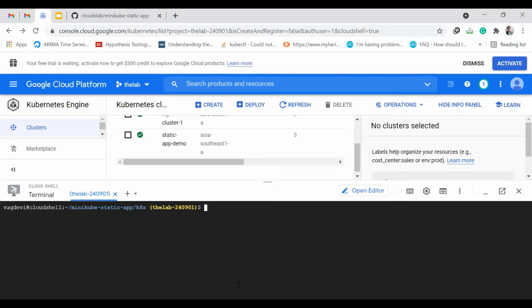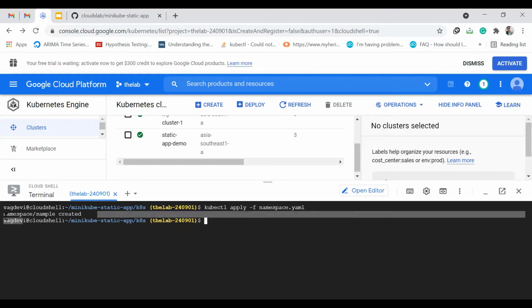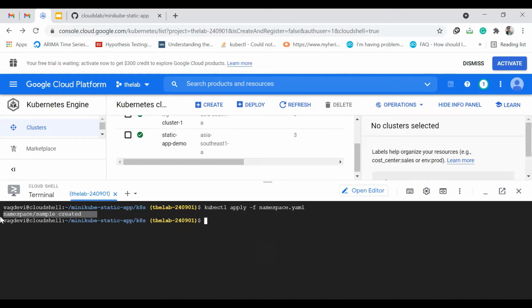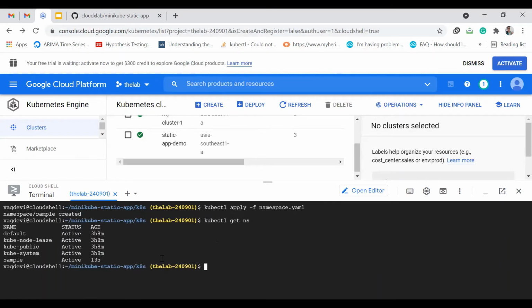So now we will apply these files so that we can create those resources on the GCP right now. If you remember, the command to do this is kubectl apply -f namespace. So first we are creating namespace because that is the thing which is most needed, because every other resource is based on this namespace as per our programming. Okay, so let us also get all the namespaces. Kubectl get ns. So this is created, right?